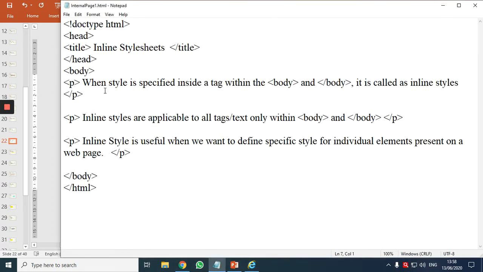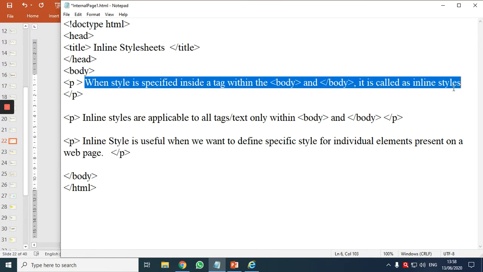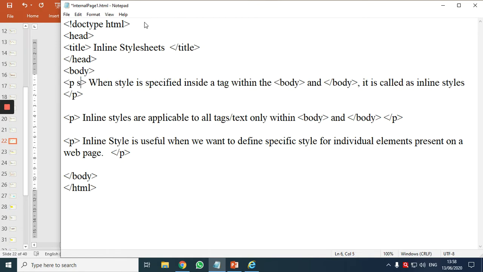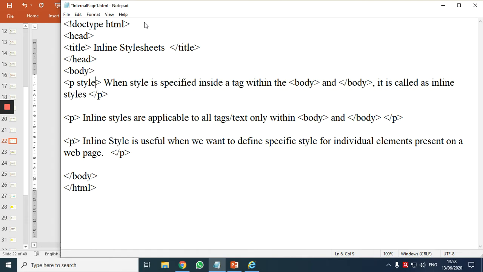Now, let us apply some style to this. If I want to apply style to this text, where should I do it? I should do it in the p tag. So I'll give a space and use my global attribute style equal to inverted commas open and close.